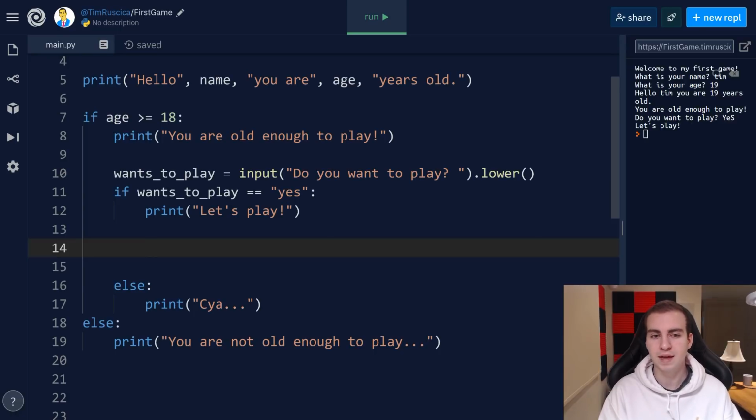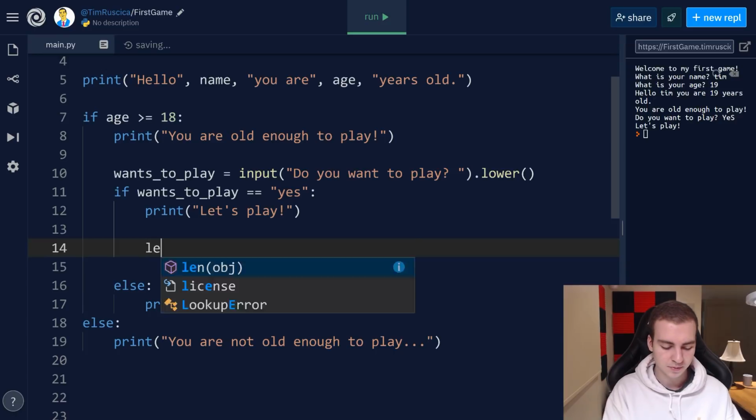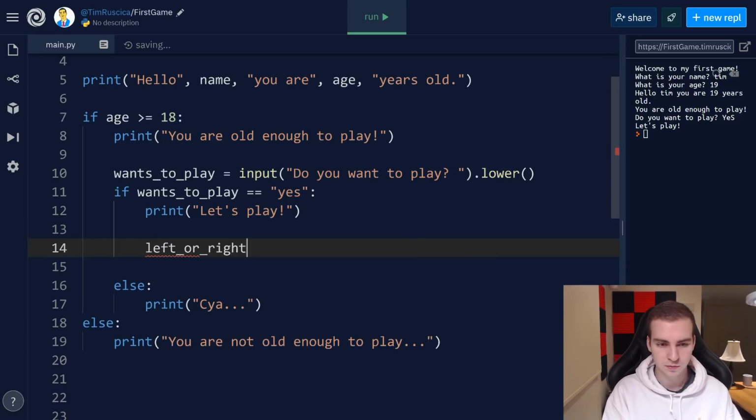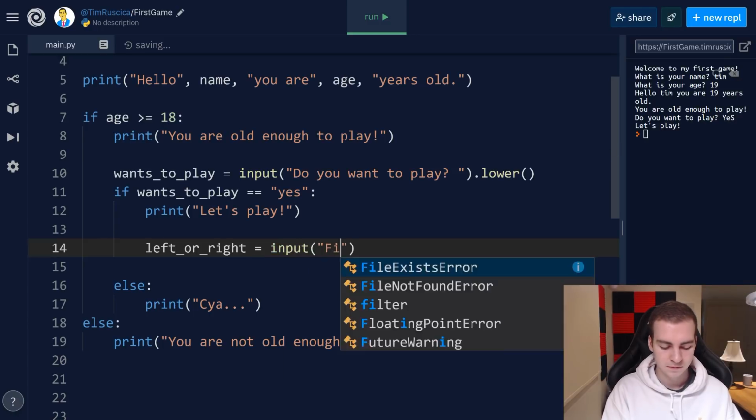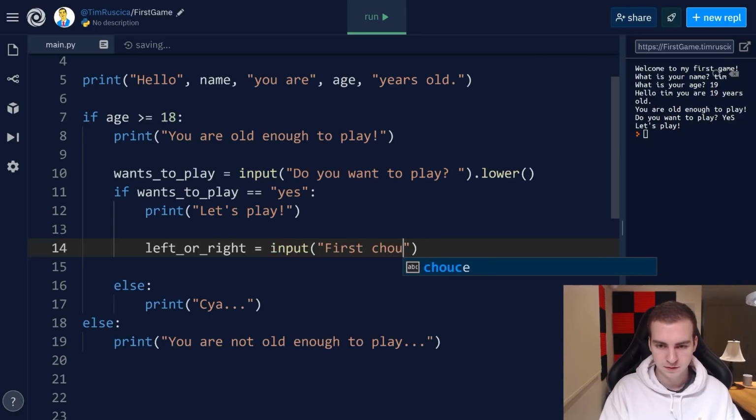I don't know what I want to make it. I think I'm going to go with the classic, do you want to go left or right, just as our first kind of path. But you guys can make this whatever you want, and feel free at this point to change around some of the stuff that I'm doing and make it your own, so long as you understand what's happening. So I'm going to say left_or_right equals input, "first choice",